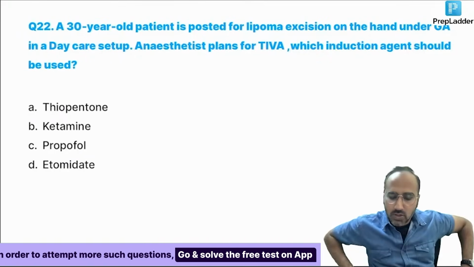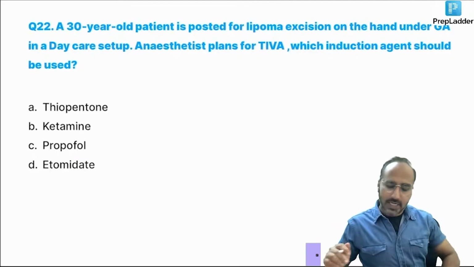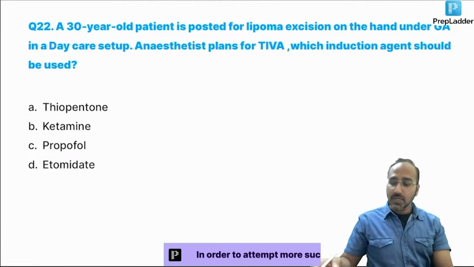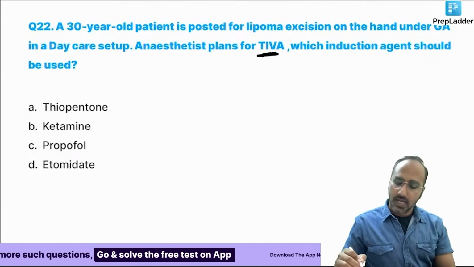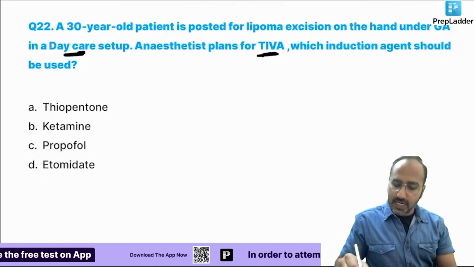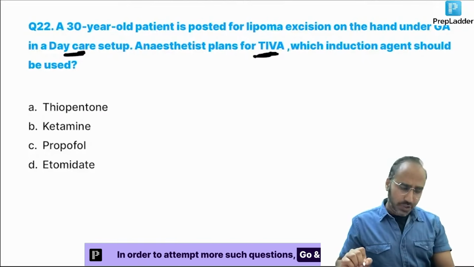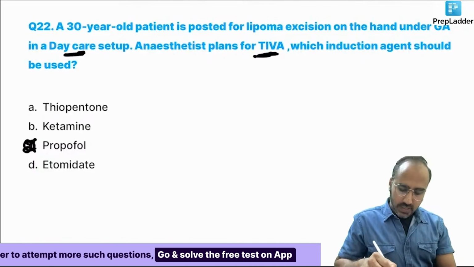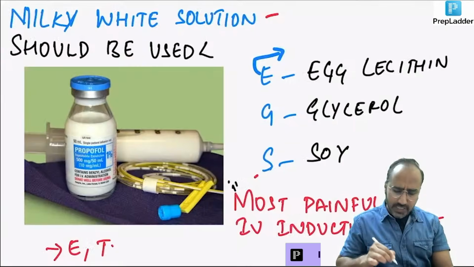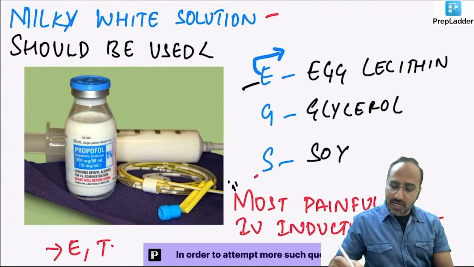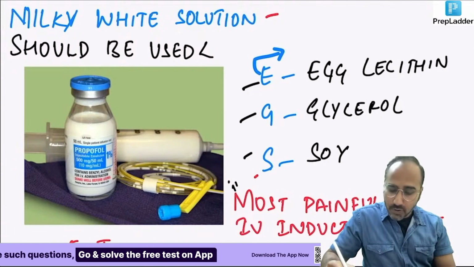Next, guys, a 30-year-old patient is posted for lipoma excision on the hand under general anesthesia in a daycare setup. The anesthetist plans to give TIVA, total intravenous anesthesia. Two clues are given: daycare, TIVA. Which is the IV induction agent of choice? This, I guess, no one should get wrong. Very good. Propofol. Remember, guys, propofol is a milky white solution which is made up of egg lecithin, glycerol, and soy. The egg lecithin present in the propofol acts as an